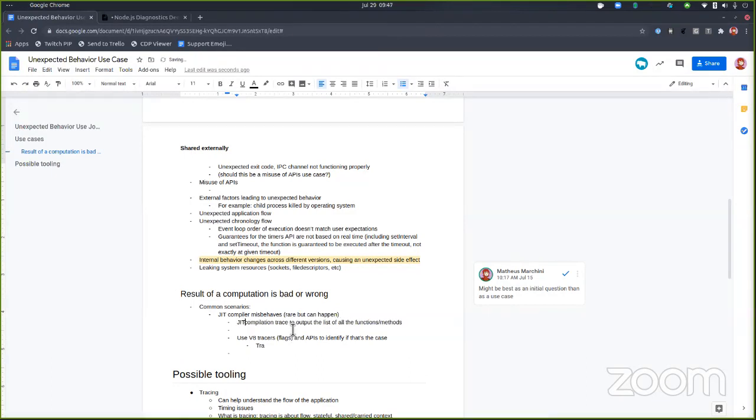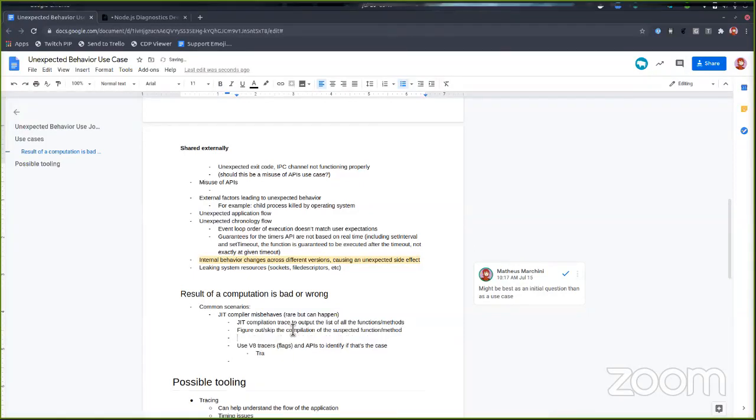Yeah, and then we need a means to skip the compilation of the faulty or suspected method. There's a flag for V8 that runs everything in interpreted mode. I don't remember it right now, but there is one. There's also one that forces everything to run as JIT code instead of interpreted. And that's probably also worth noting, similar to this one, to skip the interpretation step,